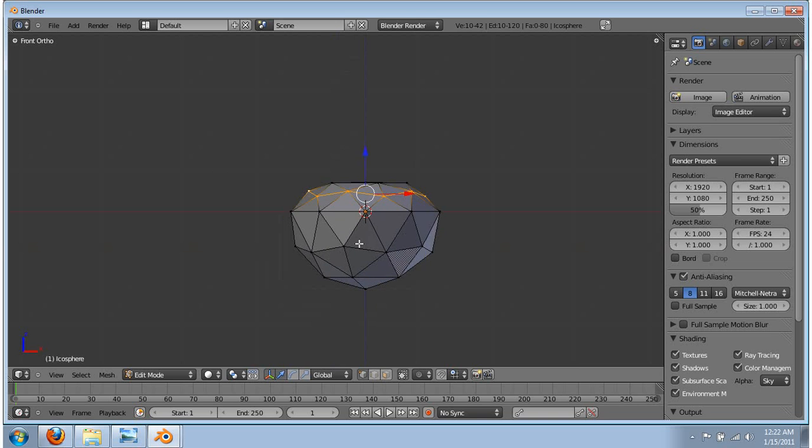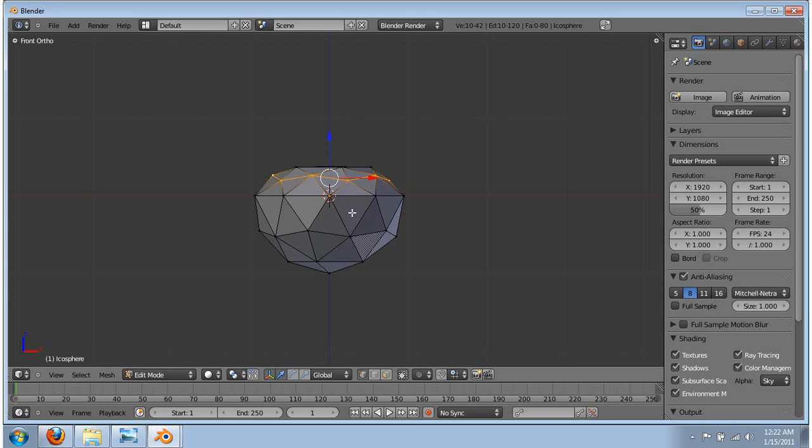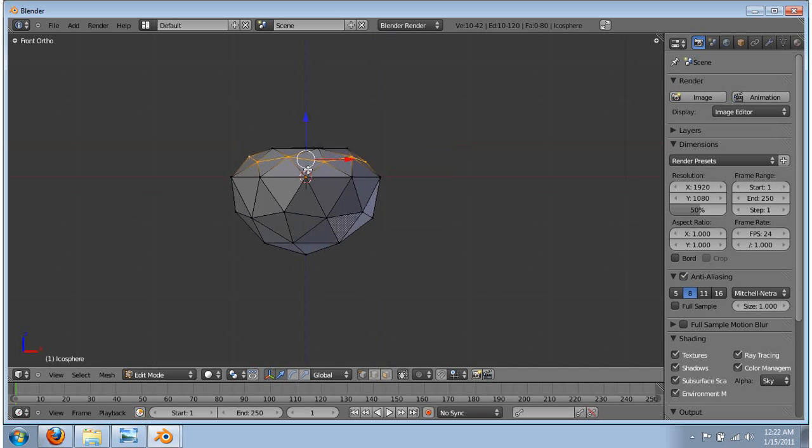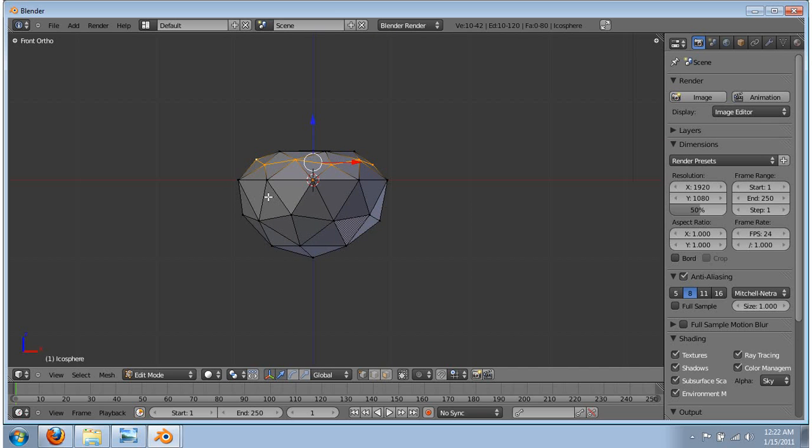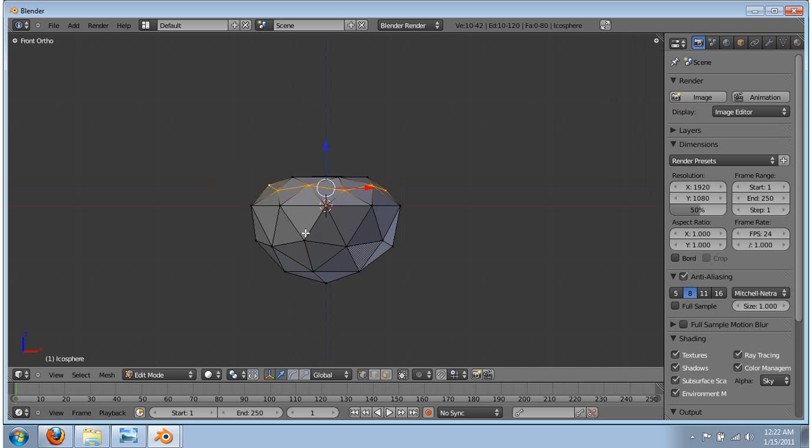Okay. Oh, I remember what I was gonna say. For those of you who are new, to move stuff around on the screen like that, you hold down the shift button and then the mouse wheel, and then that'll move you around. Also, to move around this way,